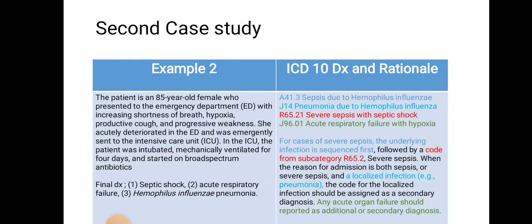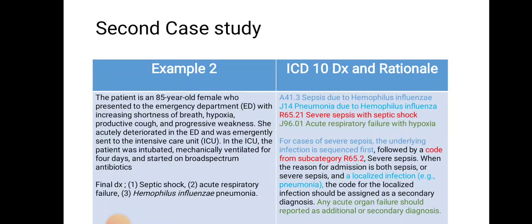So if you see the sequence, we are coding first the infection, followed by the severe sepsis or septic shock, then the acute organ failure, same as in the previous scenario. The sequence is very important, because if you miss coding the sequence properly, there will be a denial or an error in your coding. That is the reason you have to follow the ICD-10 coding guidelines properly for coding sepsis, severe sepsis and septic shock. So here the rationale is that for cases of severe sepsis, the underlying infection is sequenced first,